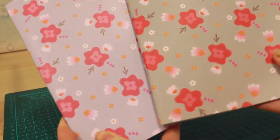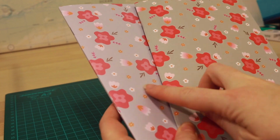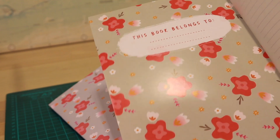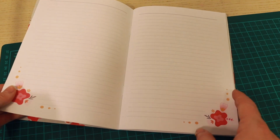So the notebook on the left is the one I laminated in this video, and the cover on the right has been manufactured. You can notice a real difference in the colours, but the manufactured one is actually closer in colours to my original design. I should point out as well, the inside pages I use are made from 100% recycled materials,